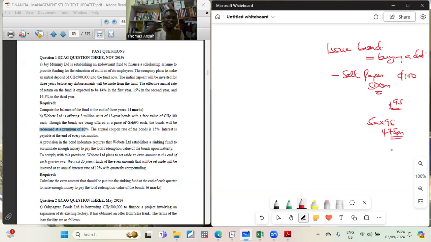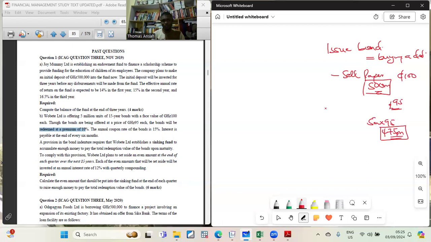But if I gave the government 475 million, the government should be owing me 475, but that is not the case. The government just reduced it so that I will pay. So if you're a Ghanaian, understand this because it hurts. So our government sometimes, or in this current dispensation, is going to borrow money. The amount he will get from borrowing the money is 475 million. But the amount the government will pay is 500 million.